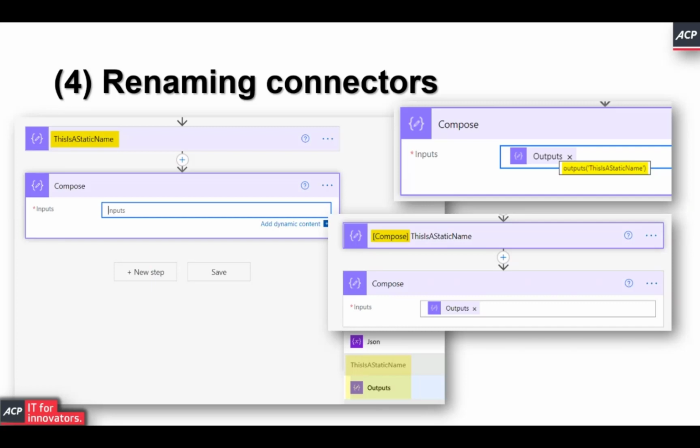So one suggestion, something that you see a lot in flows, is that you decide on a good name straight away for a connector, and then at the beginning of the connector in square brackets you put the actual default name of the connector. That way, when you're looking at the flow at a much later stage again, you will immediately see what that function is doing before you go into more detail.